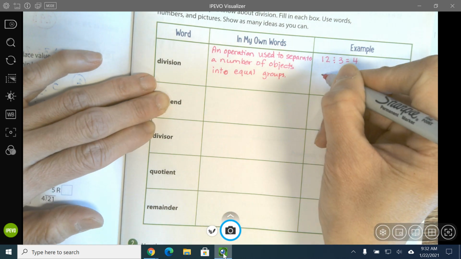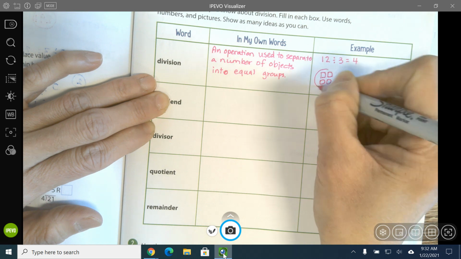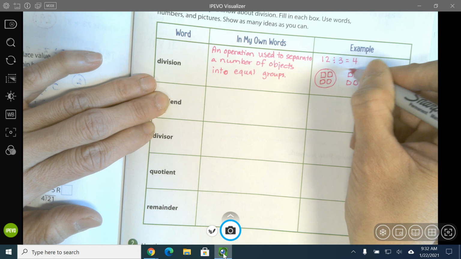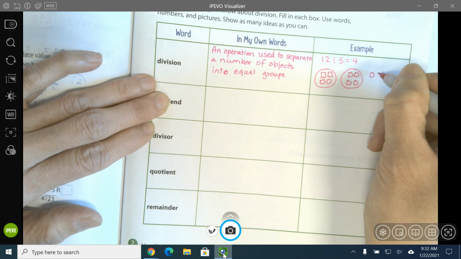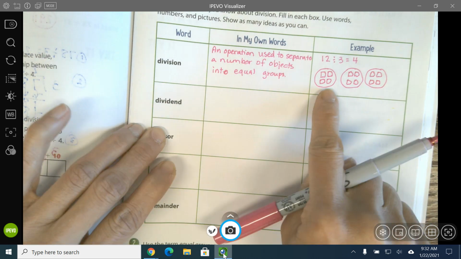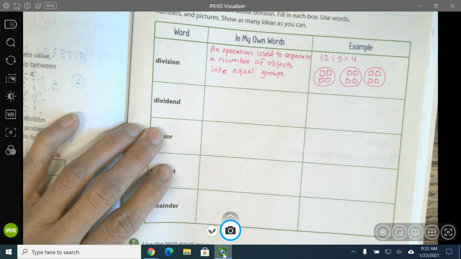I have one group, two groups, three groups, right? That's what that is, right? 3 groups of 4 each. All right. So that is